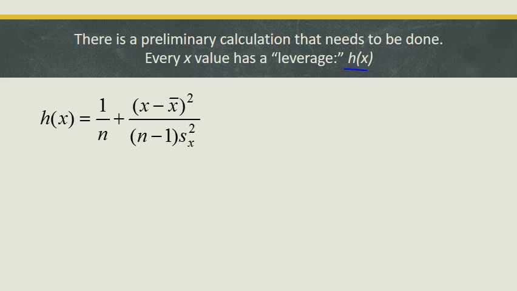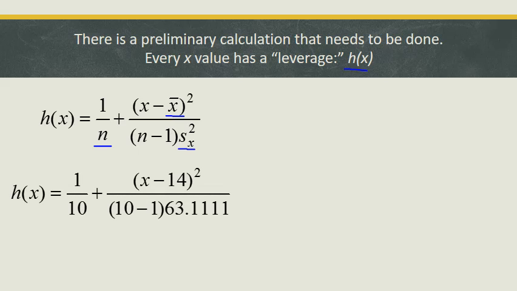It depends on sample size, x bar, and the sample variance of x. Let's plug in all the numbers, and we have a function of x. So if I were to say find the leverage when x equals 10, then we would simply plug 10 into the equation